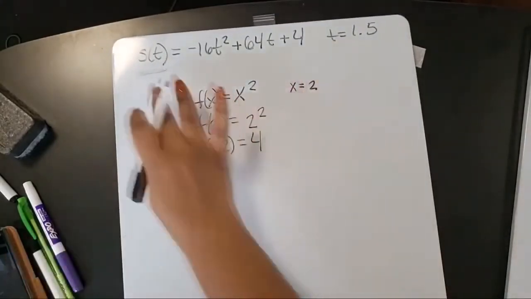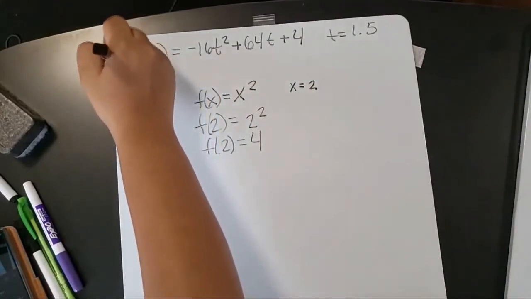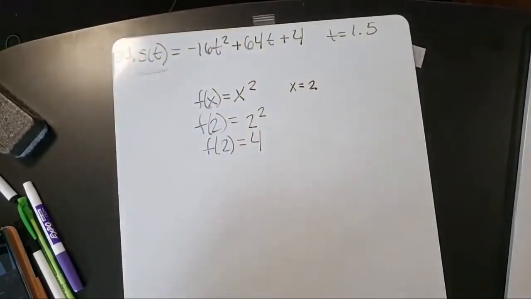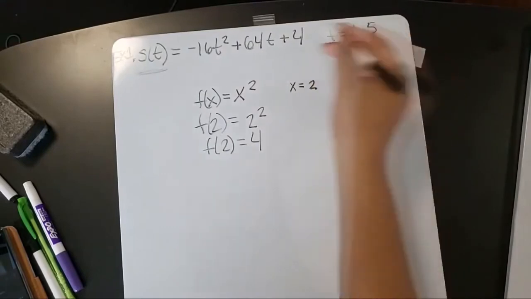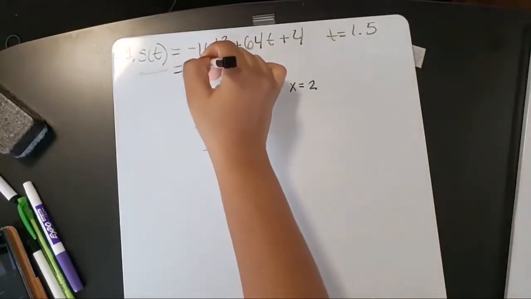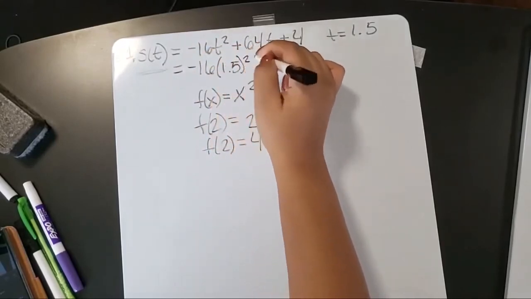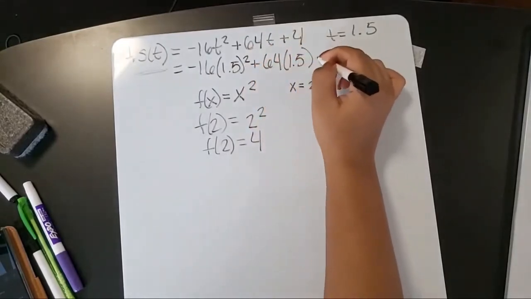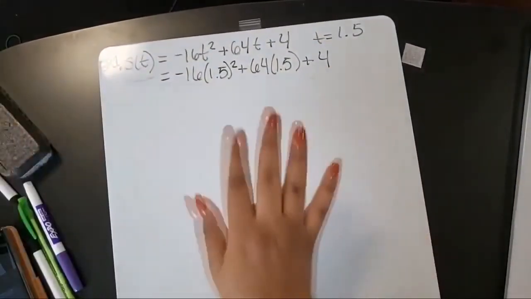So for this particular problem, and we can just call this example 1, wherever we see a t, we're going to plug in 1.5. So your next step will look like negative 16 times 1.5 squared plus 64 times 1.5 plus 4. So after you plug this in,